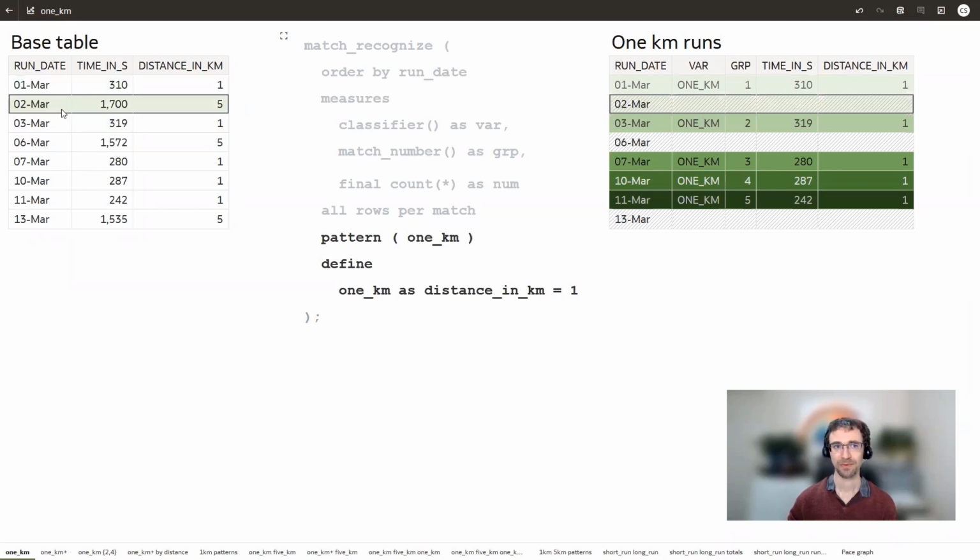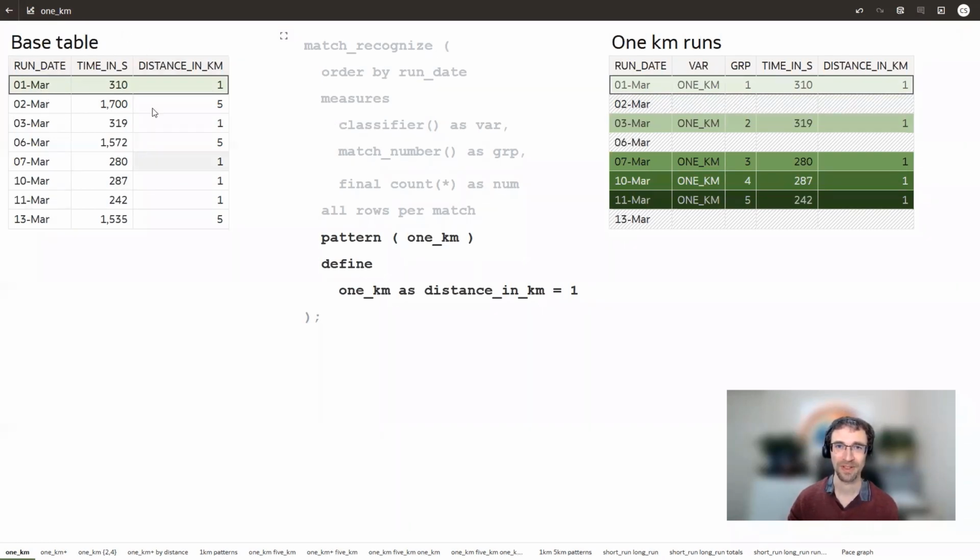We then go to the next row. So this is a distance of 5. Obviously, that's not 1. So I've kind of hatched it out here to show that would be excluded from the output. So you would not get this in the results. I'm just hoping this kind of makes it a bit clear, putting these things, showing them all